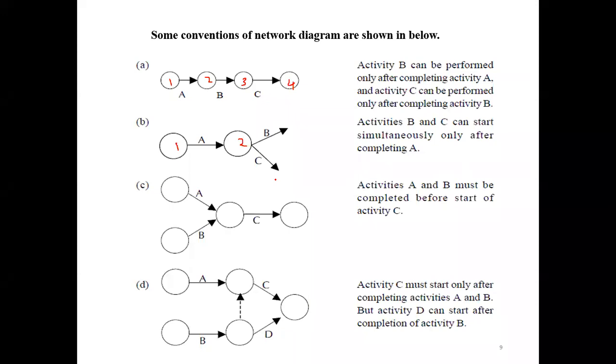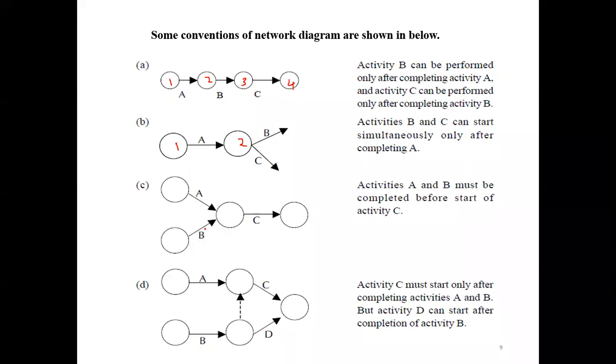Right. Sub activities B and C can start simultaneously only after completion of the A activity. Now there will be some other activities; only this part is extracted from the project. Now we just say that this is a burst event: from one event, two activities start parallelly.